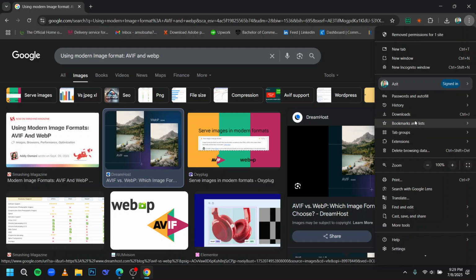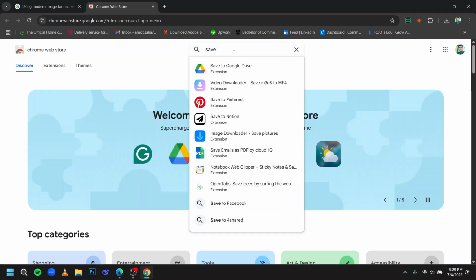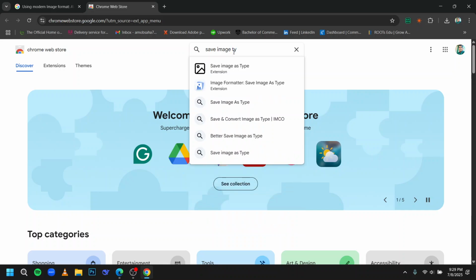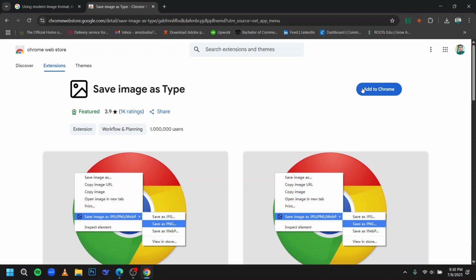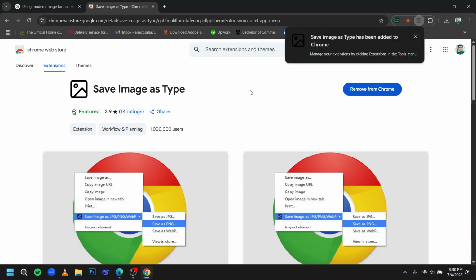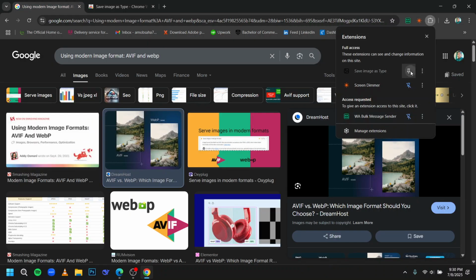then click on Extensions, then click on Visit Chrome Web Store, then search for Save Image As Type. Then click on Add to Chrome, and then click Add Extension. Then wait for a couple of seconds for it to get added, and make sure the extension is pinned to your